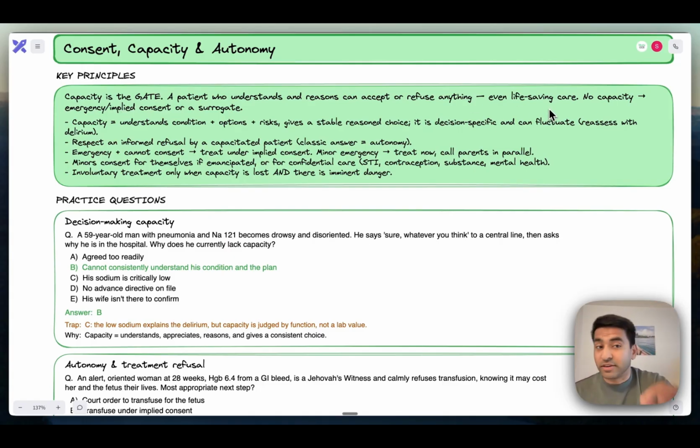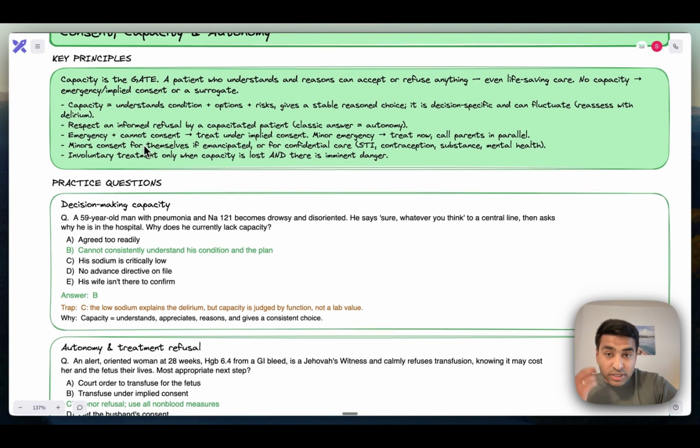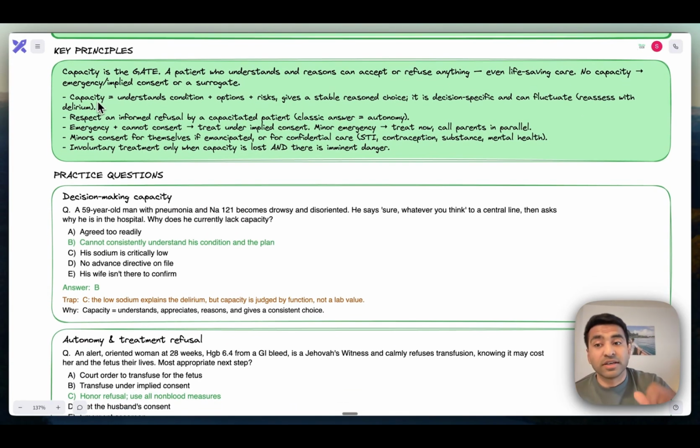And so if they have capacity and they're understanding, they're able to explain, they're able to teach back, all of these components of capacity, that means we have to go with what they say. And then no capacity, in those situations, if it's an emergency, you proceed, or if there's implied consent, or if there's a surrogate, then you go off of them. And capacity consists of being able to understand what's going on, weigh the options, risks, and benefits, give some reasoning, even if it's not sound reasoning,